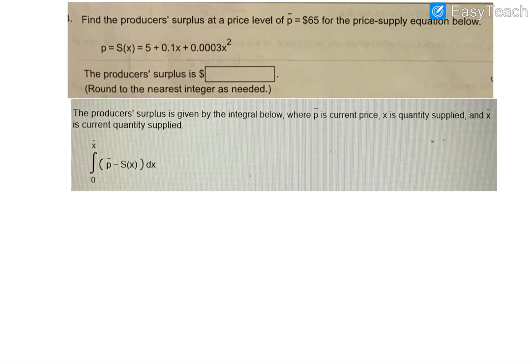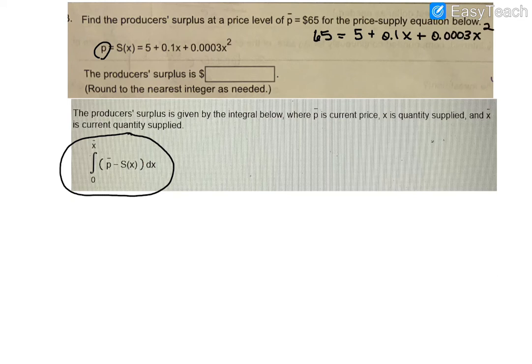Okay, the next one we're going to look at a producer's surplus. So this time they give us the P bar is $65 and they give us the price supply equation. And again, we have to have a formula. So this is our formula for producer's surplus. So notice once again, we've got to have our X bar. So if I take my P bar, which is 65, and I plug it in for P, that's going to equal to 5 plus 0.1x plus